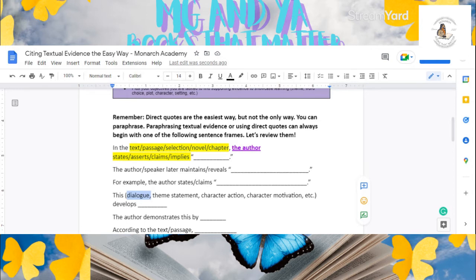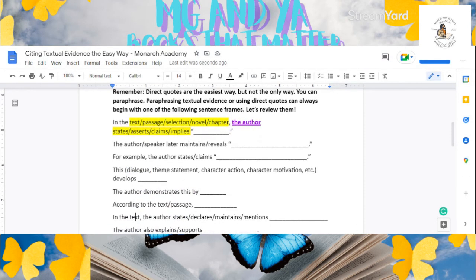Maybe it's a theme statement. Maybe you're talking about a character motivation. So then you can write clearly, Ava's character motivation develops, and you can list the character's name. And then how would the author demonstrate that character development?